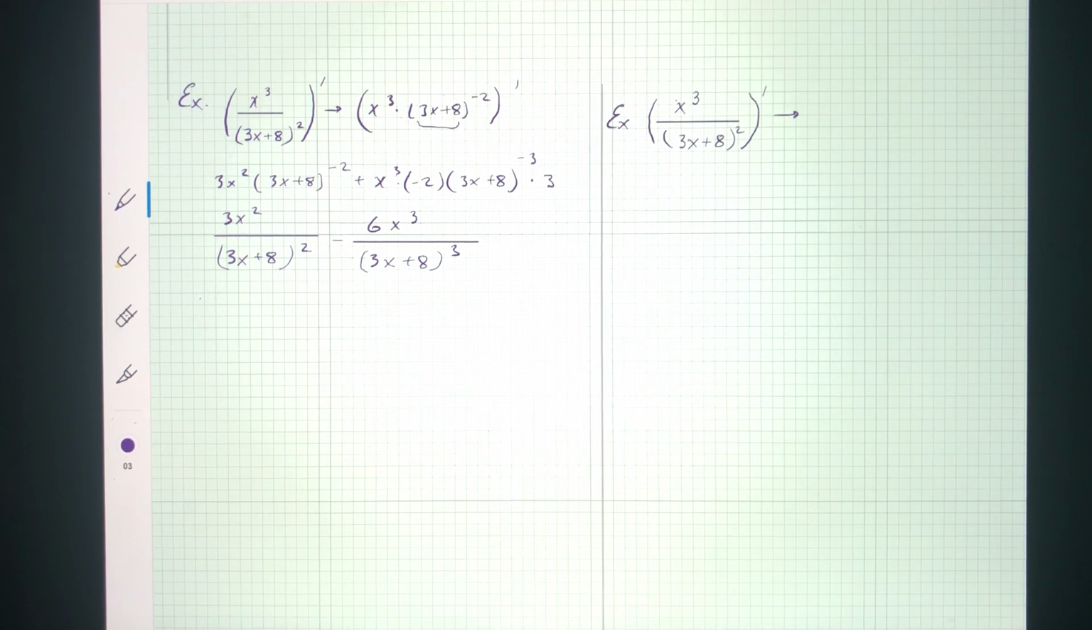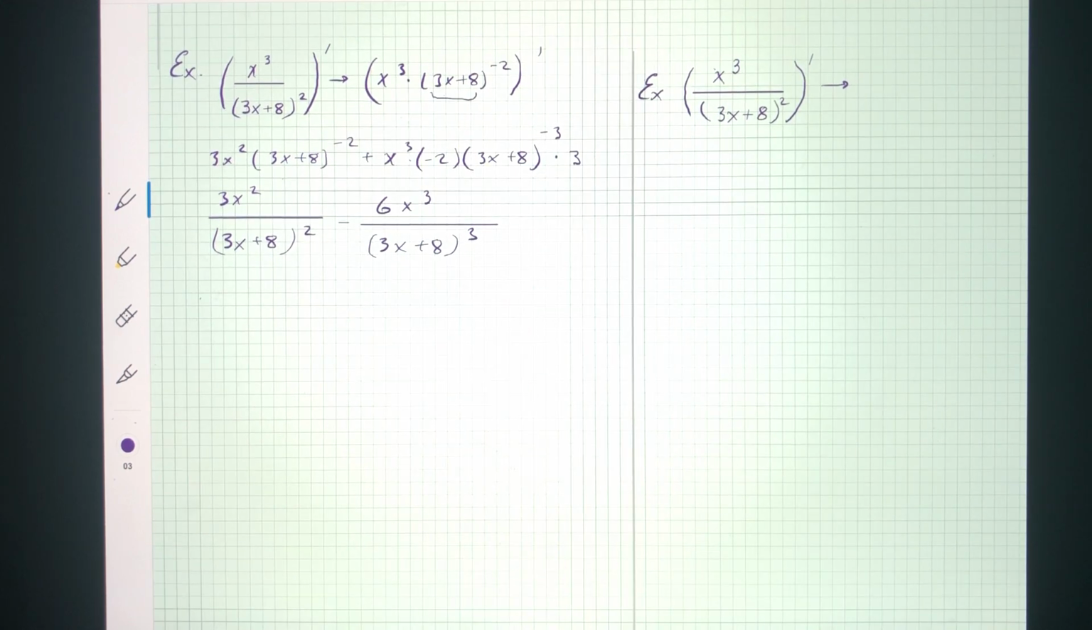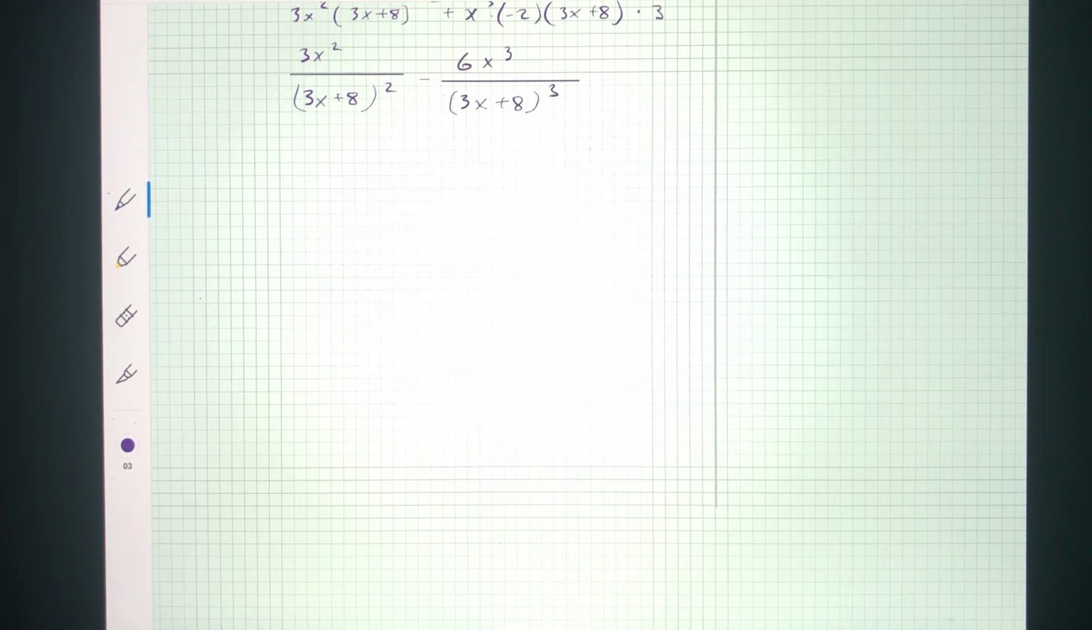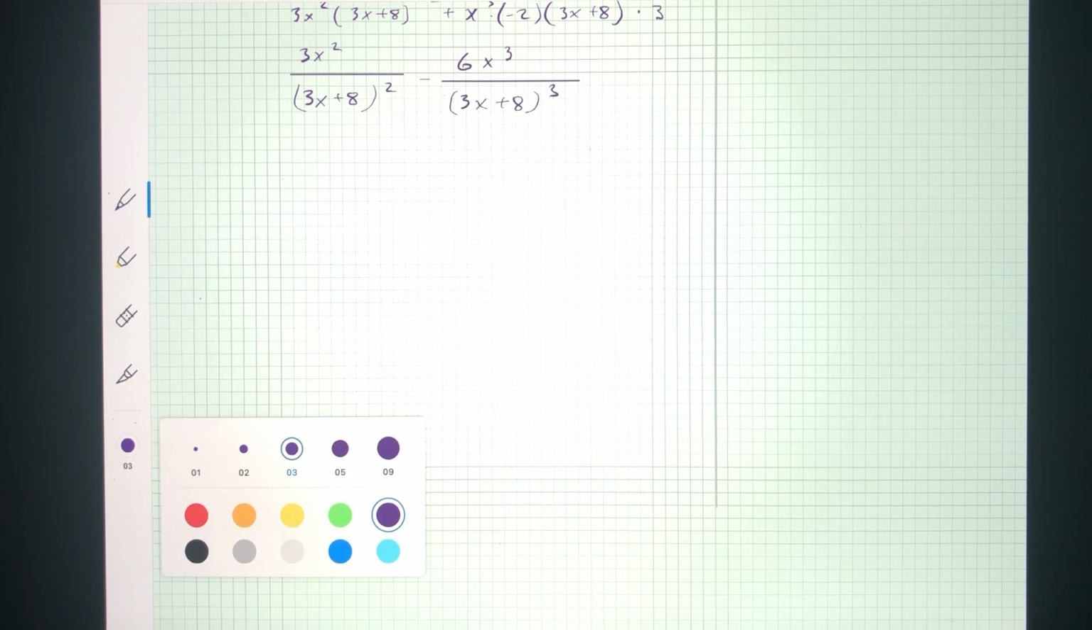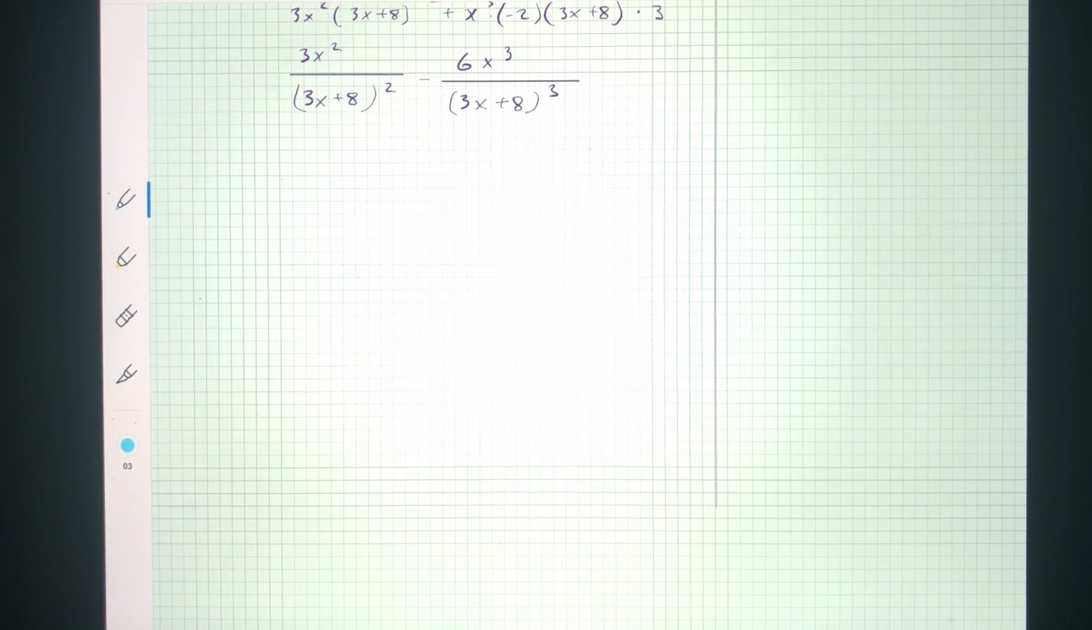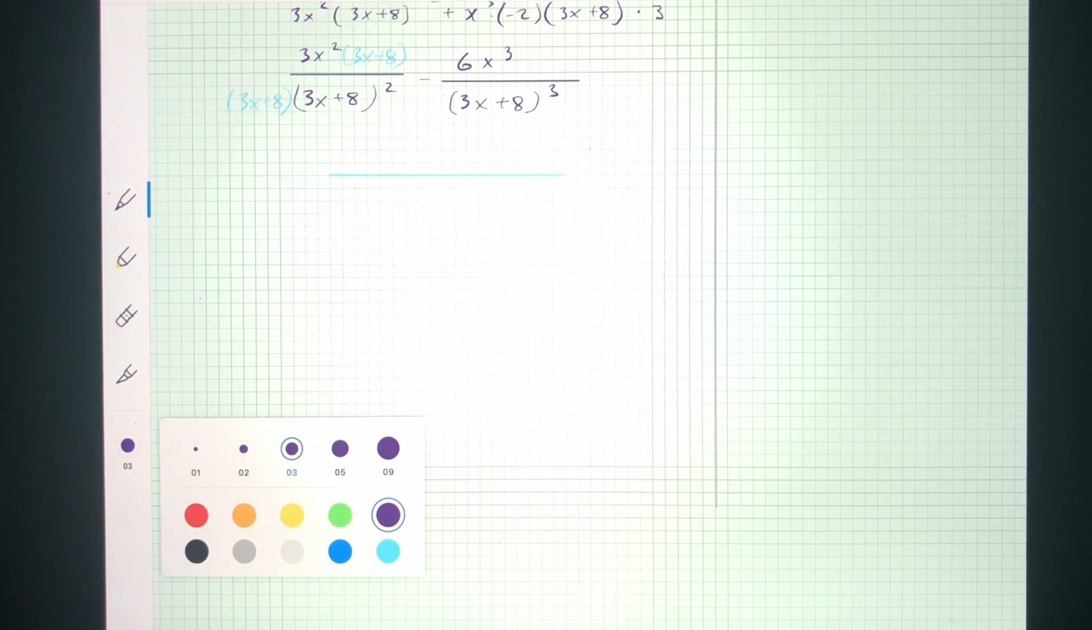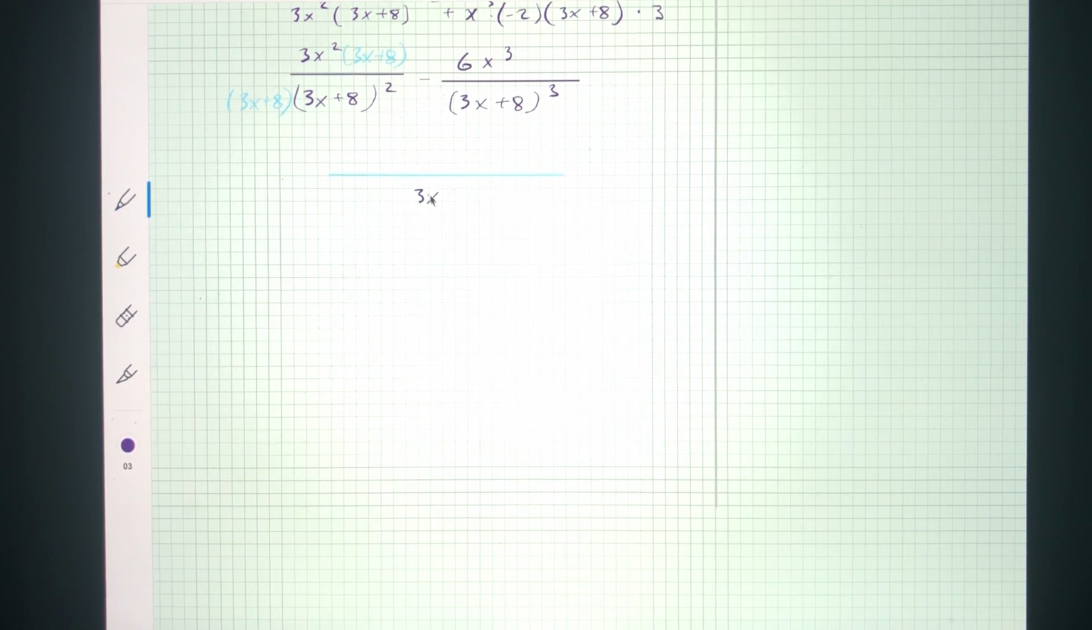Now to combine the two fractions, all we need is a common denominator, which is (3x plus 8) cubed. So all we need is an extra 3x plus 8 on the top and on the bottom. Now we have 1 fraction with (3x plus 8) cubed on the bottom,